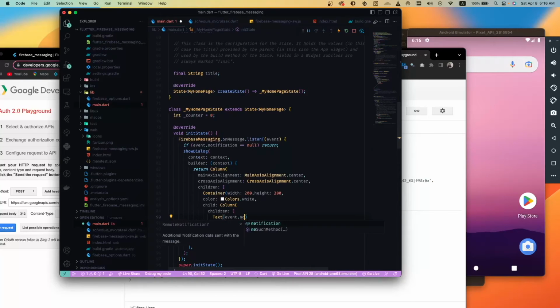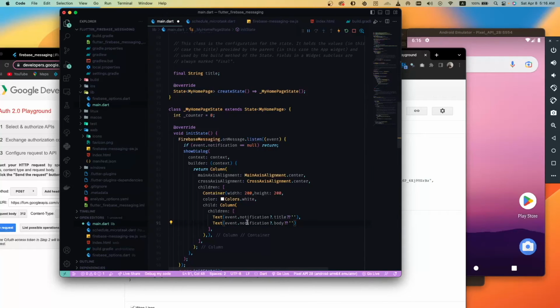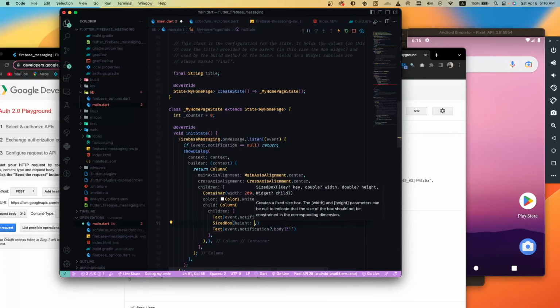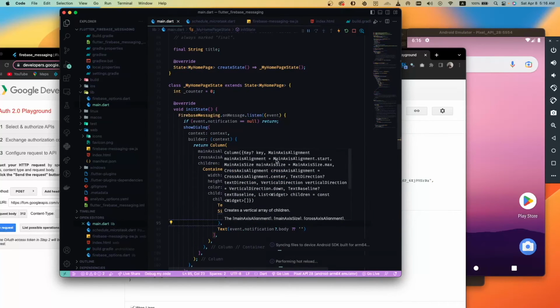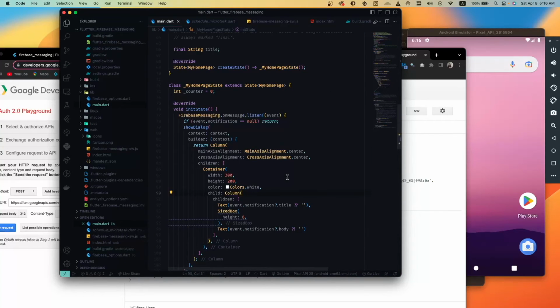This Text is about event.notification.title. It may be null. I use this, and another Text for the body. Okay, body, and some space we can add in here, for example 8, and it's good for now. Let's run and check first in